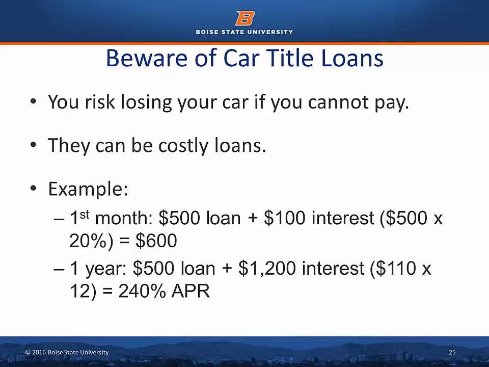With a 20% monthly interest rate on the $500 loan, Michael owed $600 at the end of the month. The $500 loan plus $100 in interest. Michael could not repay the $600 at the end of the month. The lender could have repossessed the car. However, the lender gave Michael the option of just paying the $100 interest and gave him until the next month